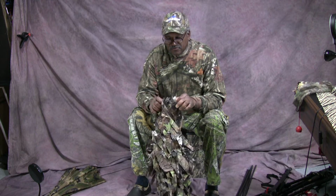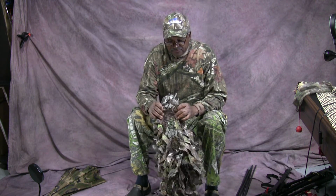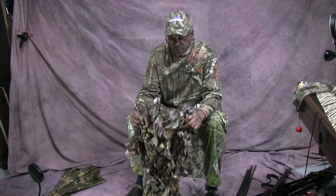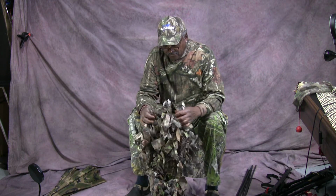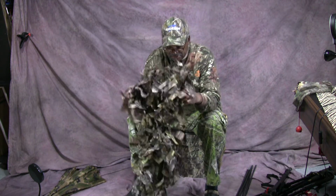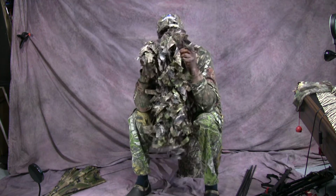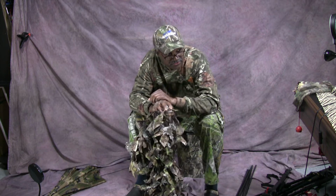I got this a year or so ago, and it's a very good hide also. This thing here comes out, it's got bars on it, and it deploys in front of you, and it opens up to, I believe, a secondary level. I'm not going to deploy it now because I do not want to take it all out. But basically, this thing here will sit all the way across you like that. And for the most part, you don't need to be hitting all the way up to your face. If you got this thing down low enough, and you're in this position here, and you're looking,